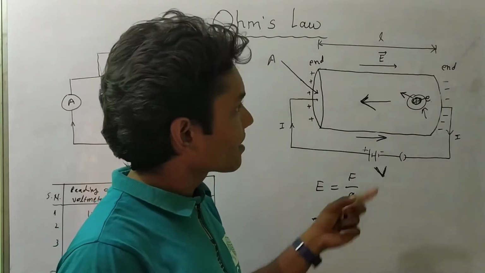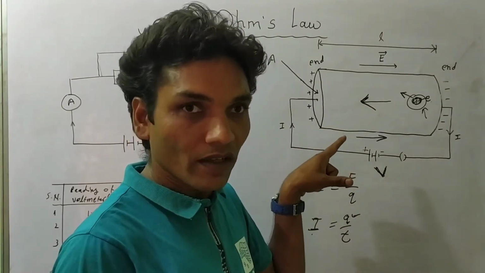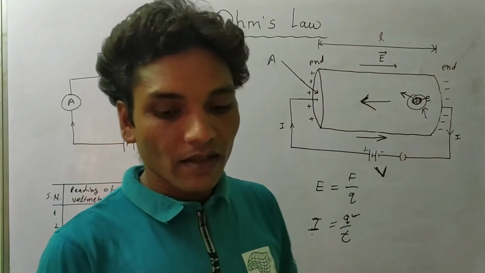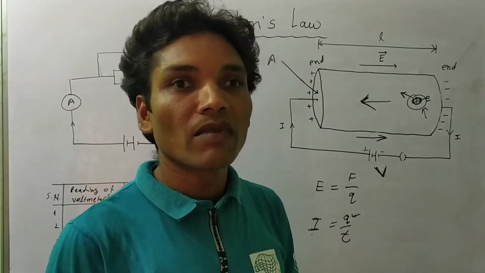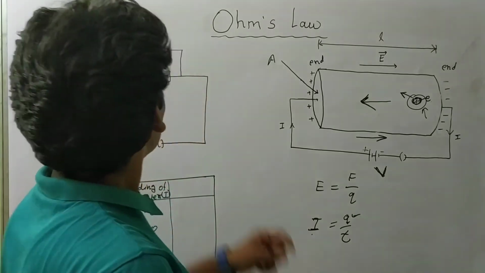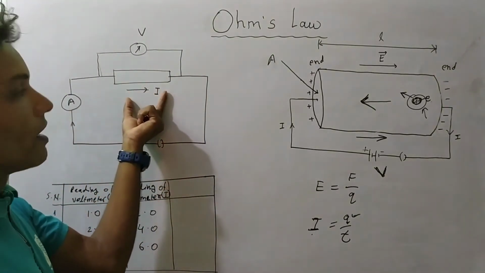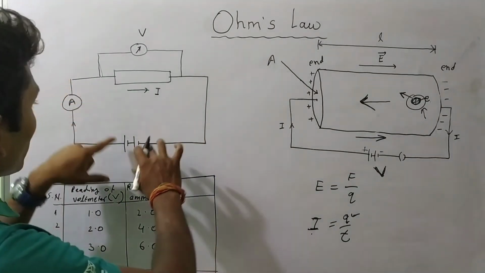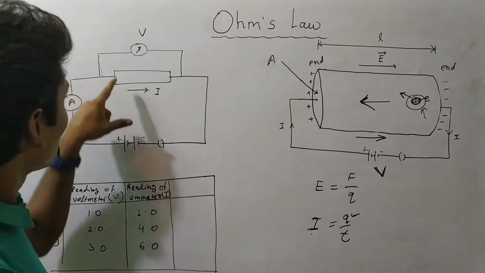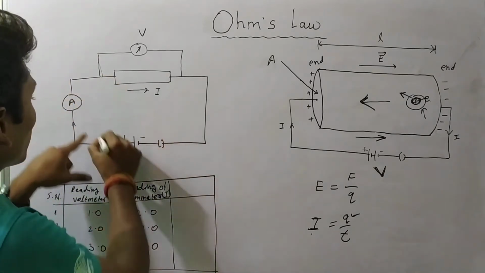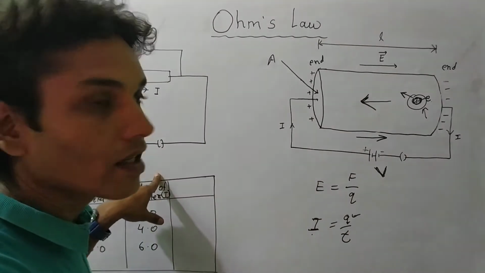So what is the relation between potential difference and current? To understand this, the German scientist George Simon Ohm took a conductor and connected it with a battery. One end is connected to the positive and the other to the negative terminal, and he joined